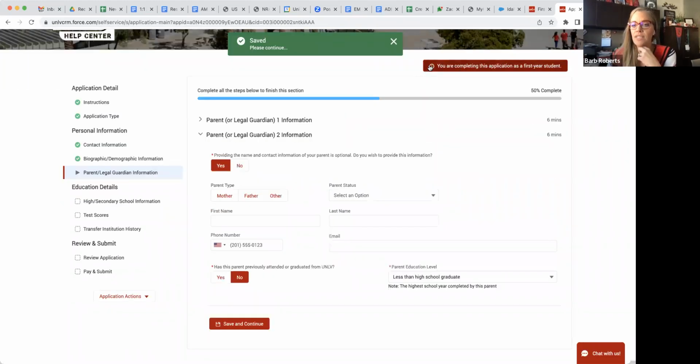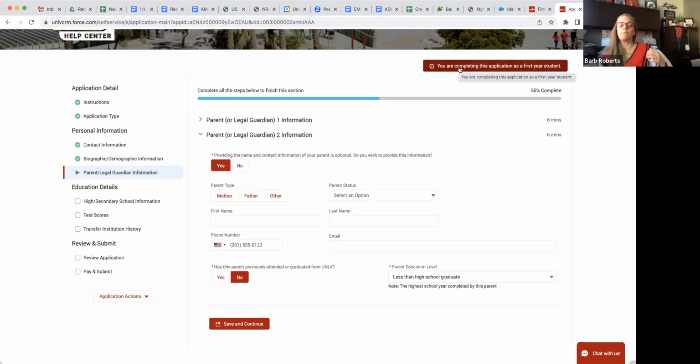I forgot to mention that if you see this up here at the top, as soon as I completed that application type, it makes this little banner and it tells students how they are applying. So it will say first year, transfer, concurrent enrollment, dual enrollment, intensive English program. It tells them what they're actually applying as. Okay, so as for parent 1 and parent 2,